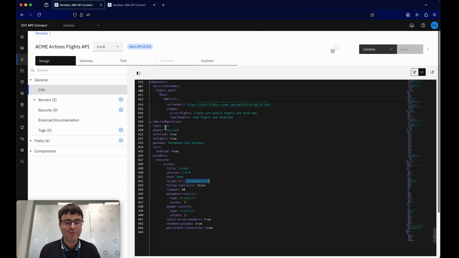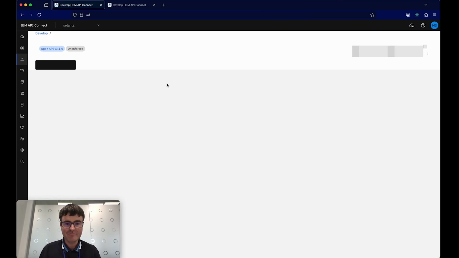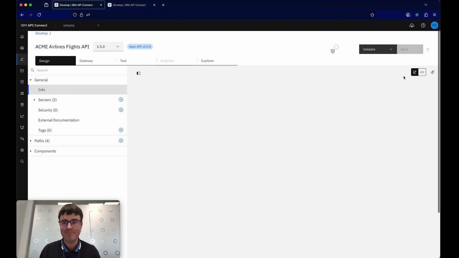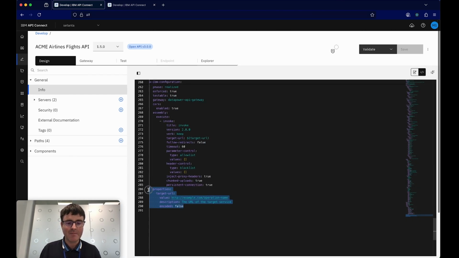In fact, I don't have a properties section at all. And would you believe it, if I look at version 1.5 of the OpenAPI that I started from, IBM configuration block, I can see here the properties.target URL section that is missing from version 1.6 of the OpenAPI. I guess I should never have copy pasted it to start with. That was a bad idea.